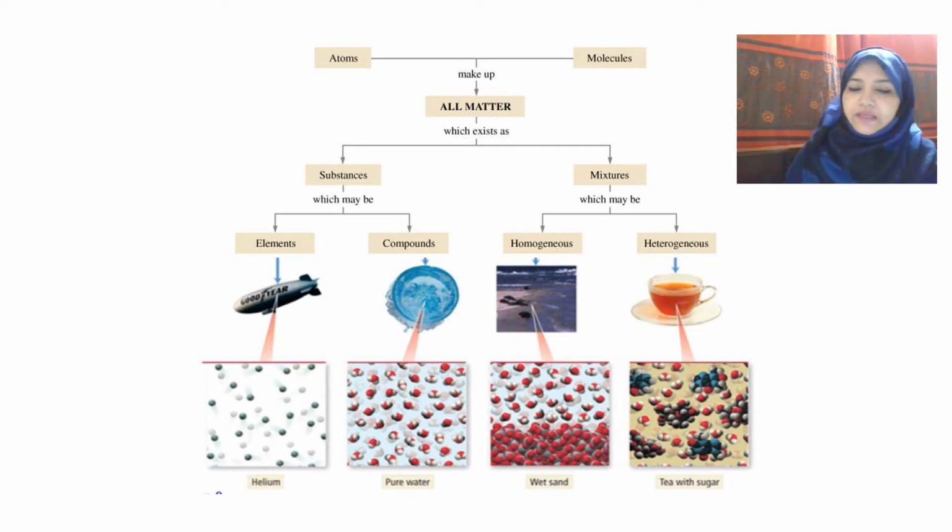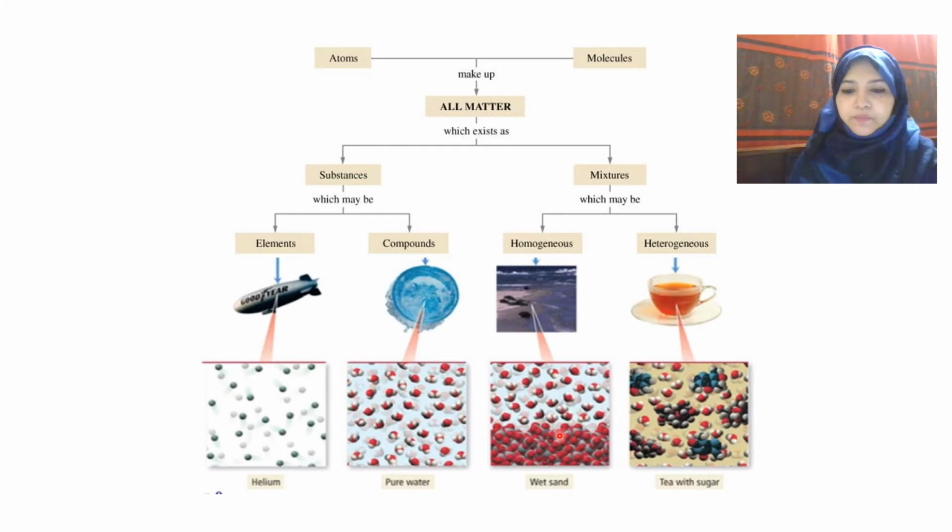Okay, and these pure substances also can be classified into two types. One is elements and other is compounds. And mixtures also can be classified into two types, which is homogeneous mixture and heterogeneous mixture. And homogeneous mixture is also known as solution. Okay, and there are some examples, but